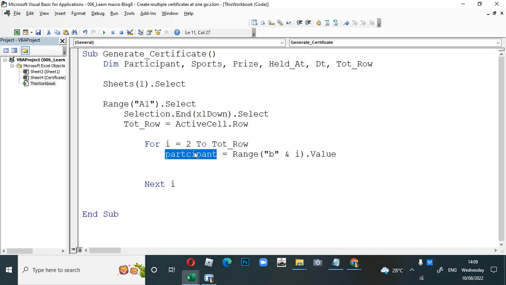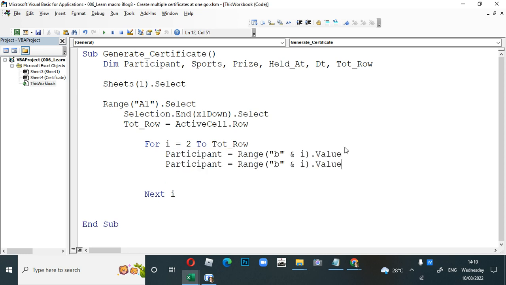So now I'll copy this and change the rest of the things. Copy. I want sports details to pick. So I'll give you a sports in C. So I just change this to C. Then